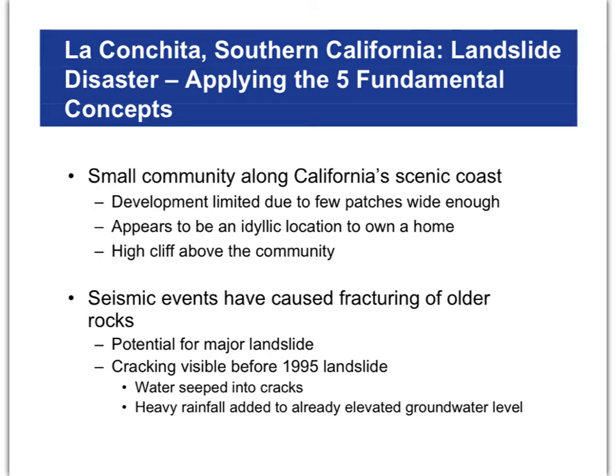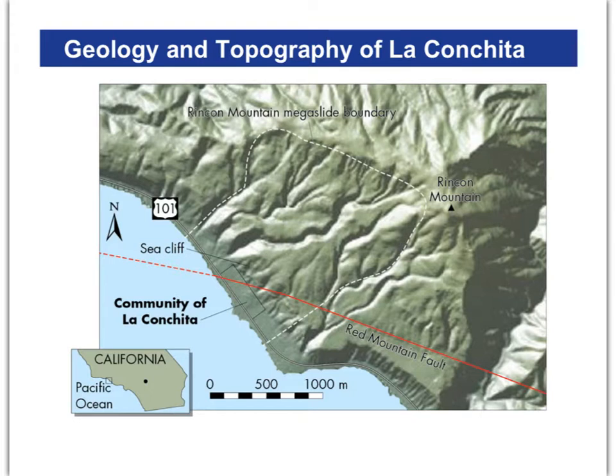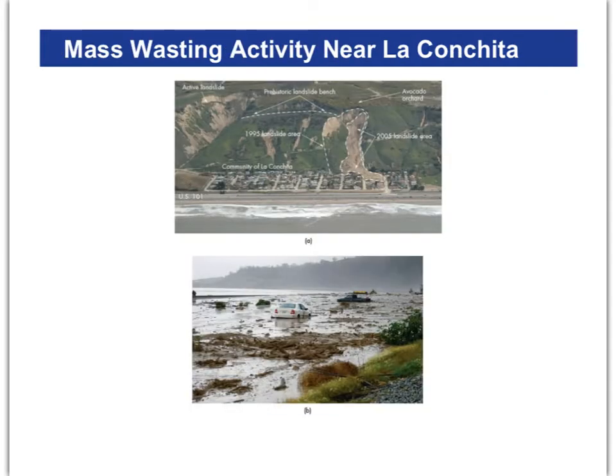All right, this is a little bit of a close-up of La Conchita. I believe I've shown you pictures from Google Earth as to where this is, but it's right on the Pacific coast. Not a whole lot of place to go in the event of a landslide, because you've got your hills right here, a little bit of a plain, and then the Pacific Ocean right there. So with any movement down this slope, people are going to be pretty much trapped and not have much of a place to go.